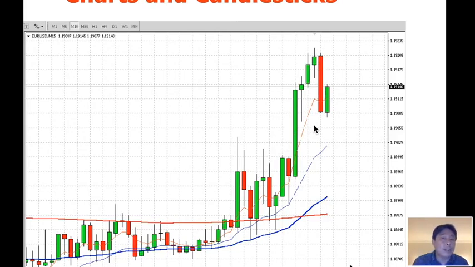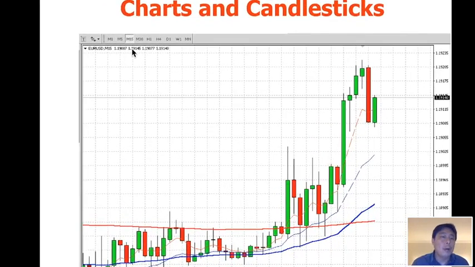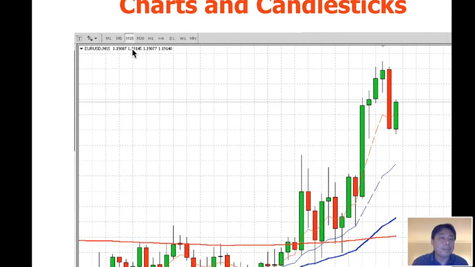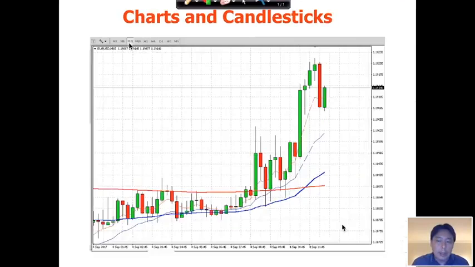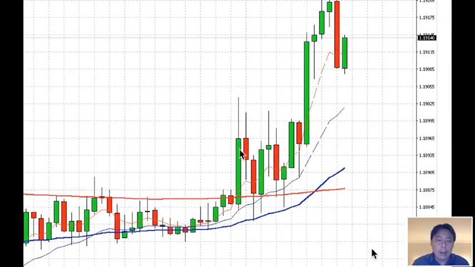You can see there are two kinds of candlesticks. You've got the green candles and the red candles, okay? And you have to select what kind of candles you're looking at. Now for Forex, I primarily trade on the 15-minute candles, M15. So what this means is that each candle represents 15 minutes of price action. So every 15 minutes, a candle closes, a candle is formed, right? After 15 minutes, another candle is formed. So this is 15 minutes, 15 minutes, 15 minutes, 15 minutes. So these four candles combined represent an hour, okay?